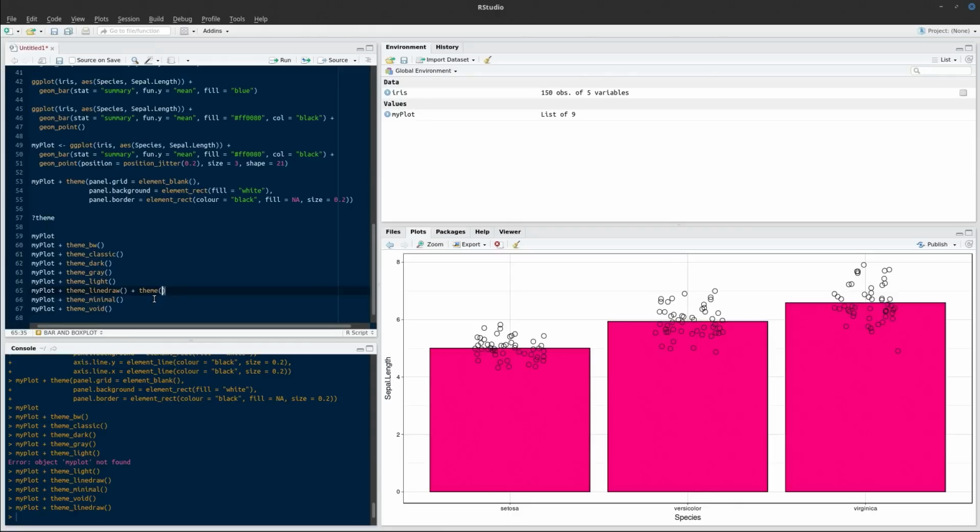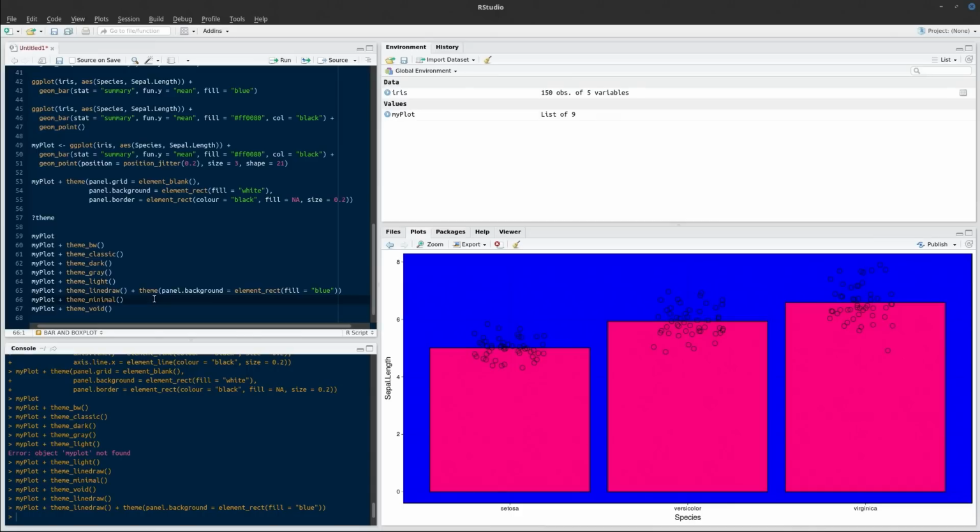So, for example, we could say panel.background equals element rect, and let's change the fill to something garish like blue, which is a horrific plot,